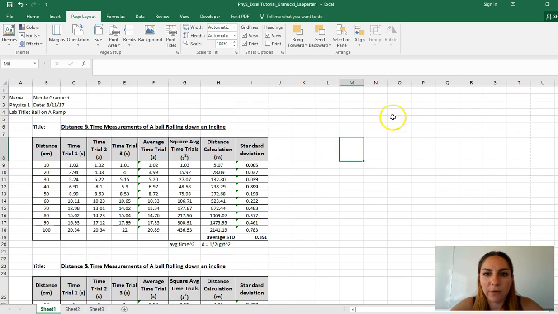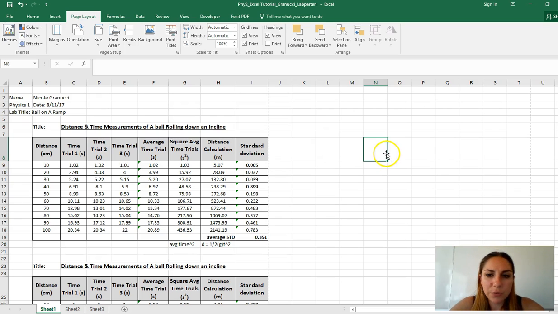So let's go ahead and add our graph. To add a graph, you're going to click on an empty cell just so you're not adding it over here, because if I put it right here, the graph will go right there. So it doesn't matter where you put it. I'm just going to put it right here. Now, initially what people want to do is highlight things, and actually you want to do it the opposite way, which is instead of highlighting it and asking it to graph,